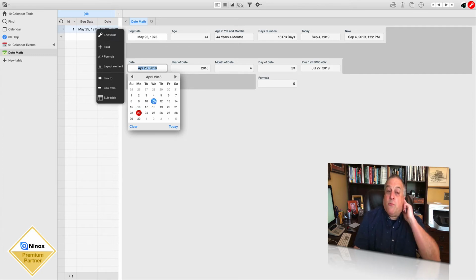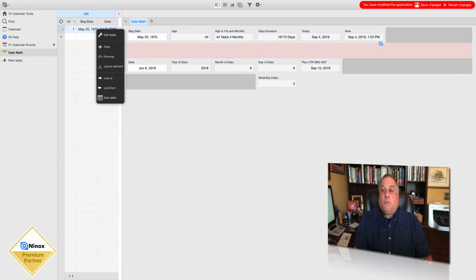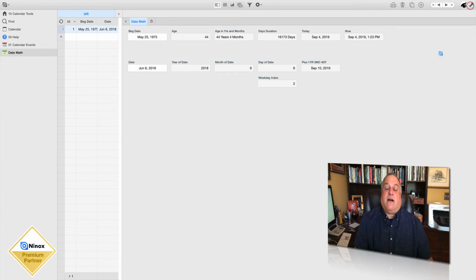The index for a Wednesday, well, if 0 is Monday, 1 is Tuesday, 2 is Wednesday. So if I select the date June 6th, 2018, this weekday function or weekday index will tell us the specific day of the week based on a 0 index with Monday being 0. And in this case, this would make it Wednesday. 0 was Monday, 1 was Tuesday, 2 is Wednesday, and that is the day of the week that was June 6,